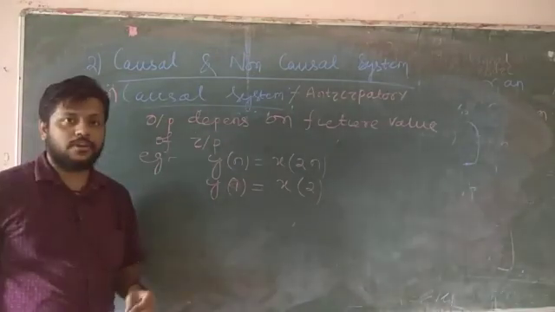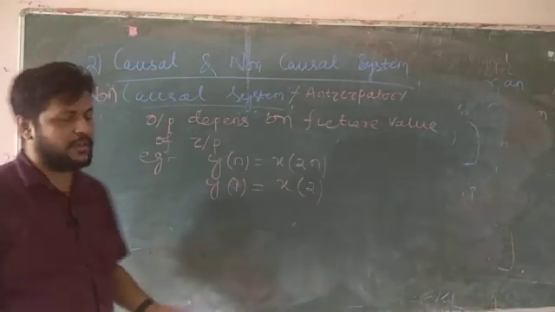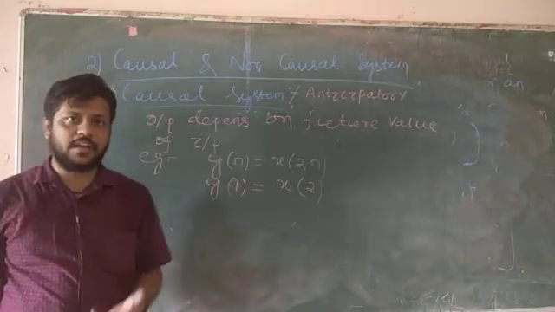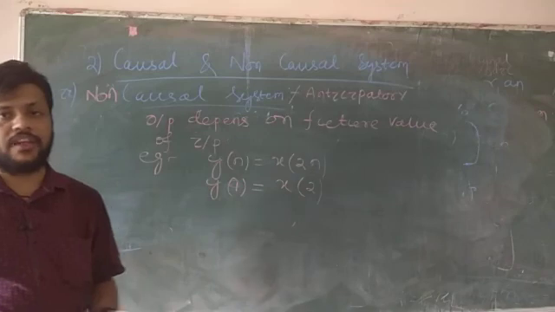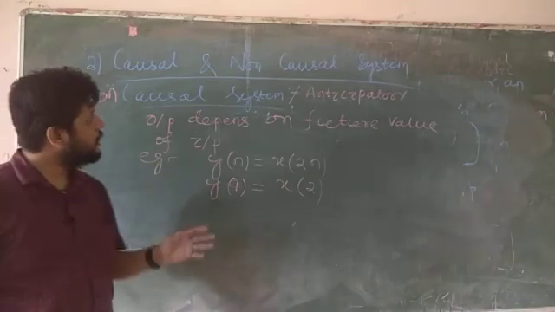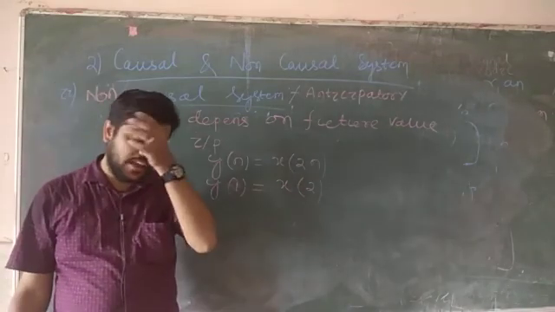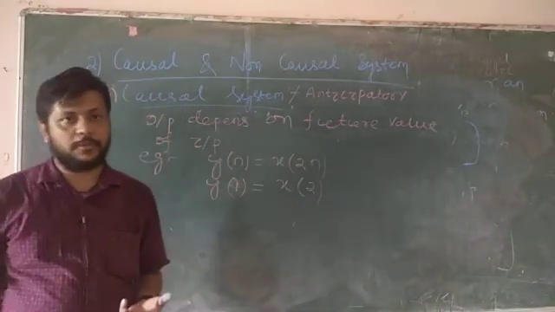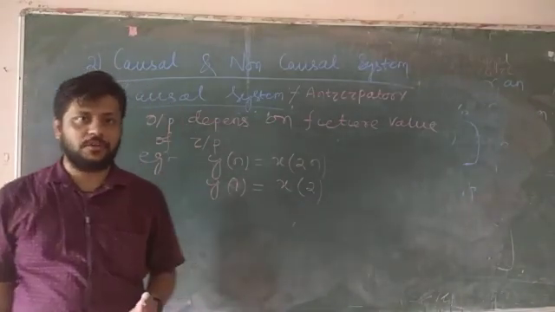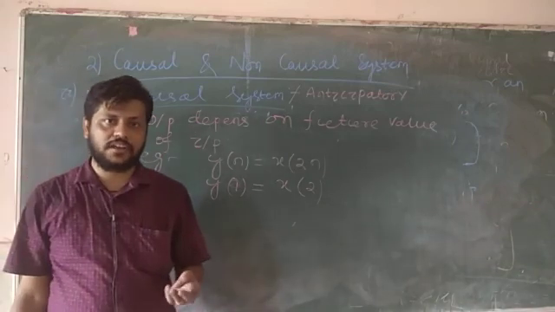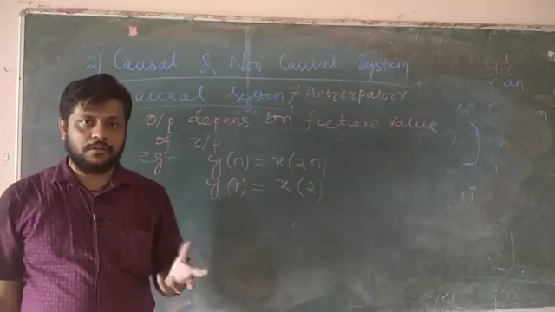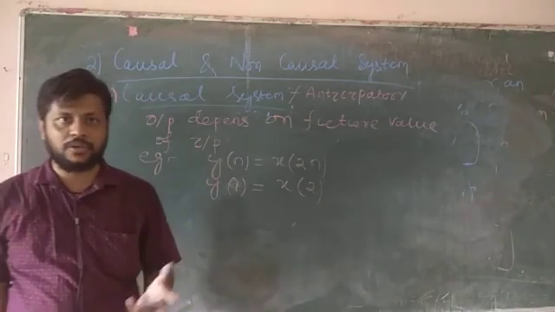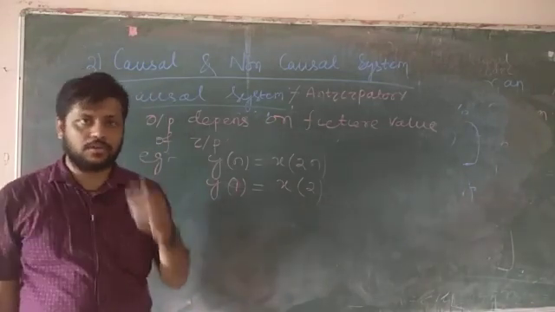So in the next class we will study about the remaining systems, that is your very important system, linear and non-linear. Then we will study about time invariant, time variant, stable, unstable, and FIR, IIR system. So the system, depending on the characteristics and application and certain performance, we classify the system into 6 categories. First one is your dynamic and static system. So dynamic, or we can say a memory based system, or memory less system is also known as static system. Then we have causal and non-causal.